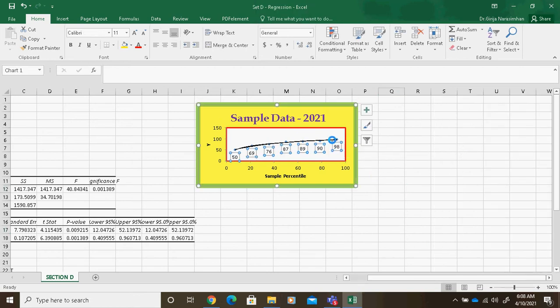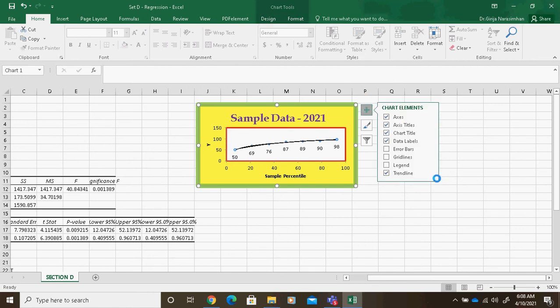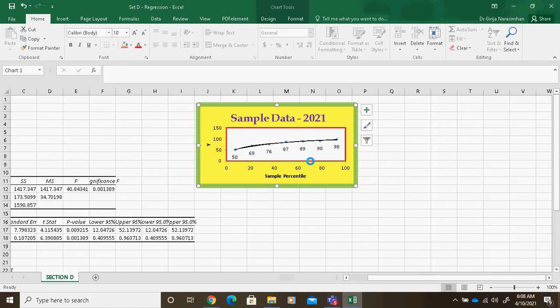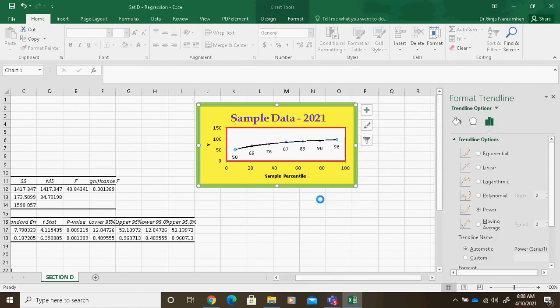Next, you can see here, this is called the trend line. The trend line is by default linear. By default what? Linear. Here you can see power; I applied power. Suppose I don't select the trend line, this one, can you see the selection? For example, I am not doing the trend line, I am checking the normal one. Here the trend line is there. I say Format Trend Line. Can you see? If you select power,